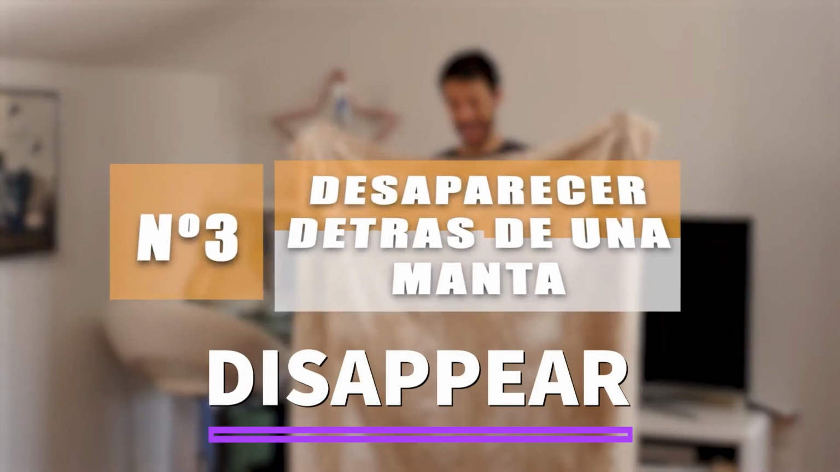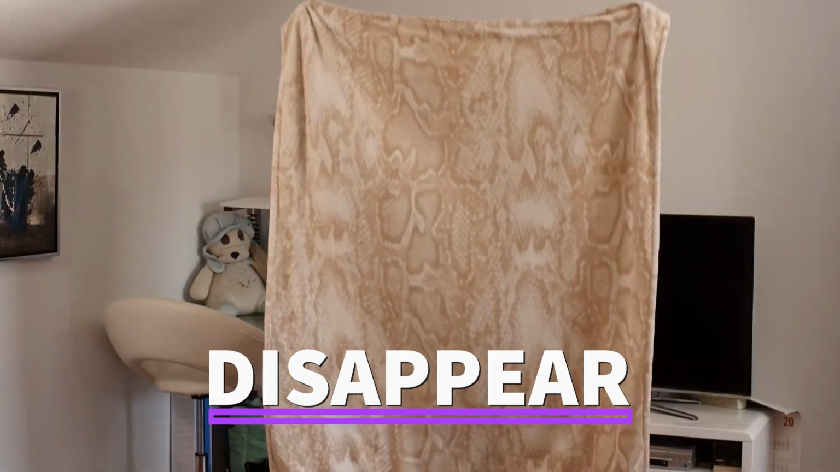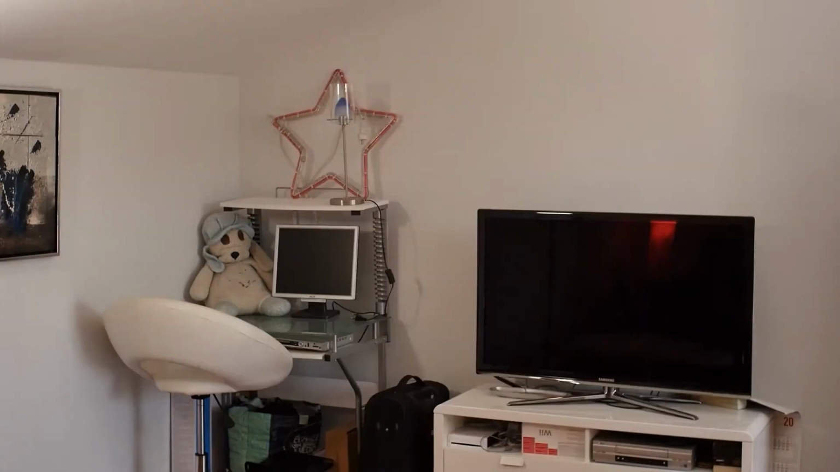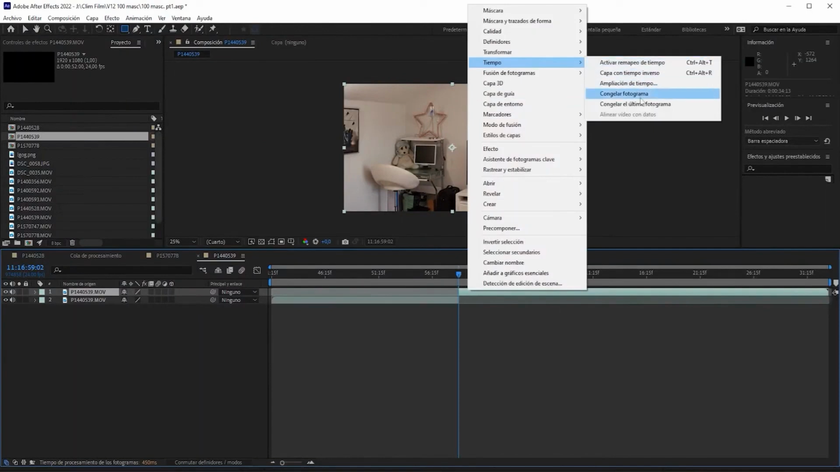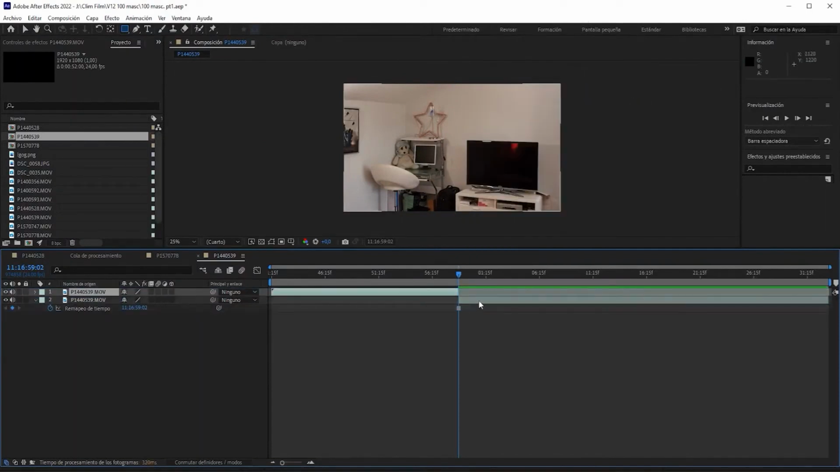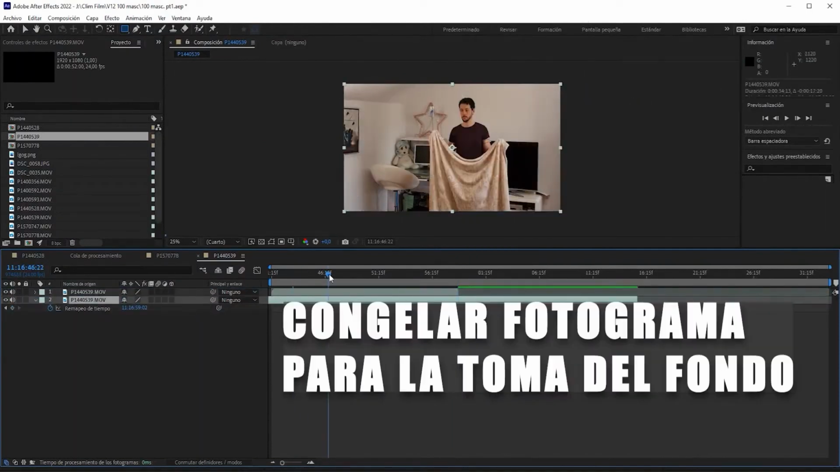Number 3. Disappearing behind the blanket. For this effect, we need 2 tripod shots. The first is of the background with no one in it, and the second is with the character and the blanket in this case. In After Effects, we'll place the shot with the character above the background shot, and using